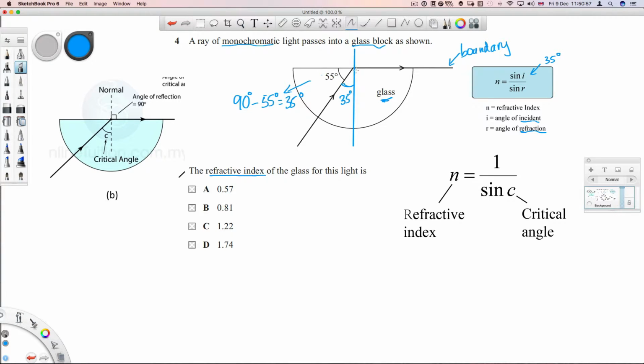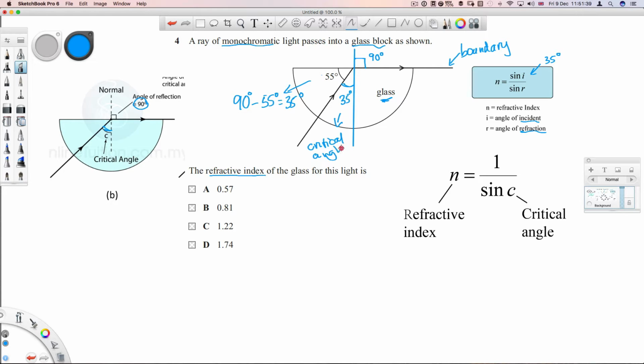Then to get what the angle of refraction is, the angle between the refracted ray, because it's been refracted at the boundary, so that ray has been refracted along here, which means it's forming that angle, and that angle is a right angle, and the right angle is 90 degrees. Now when we have an angle of refraction of 90 degrees, then the angle of incidence becomes the critical angle. Okay, so actually 35 is a critical angle,